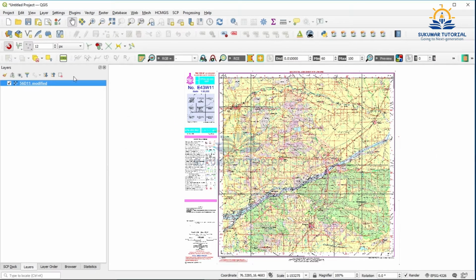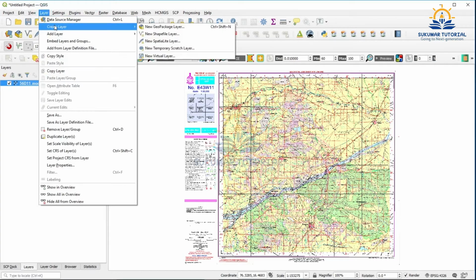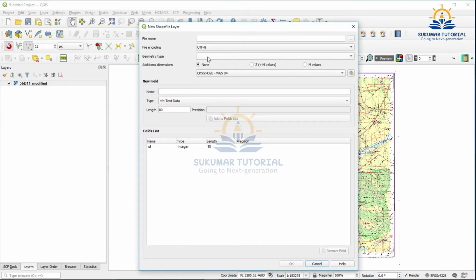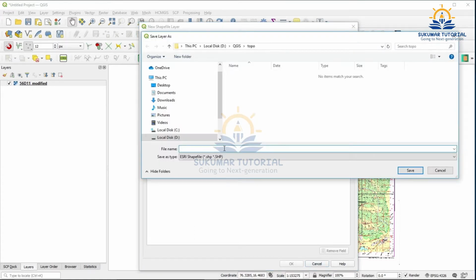Then you have to open a new layer. Go to layer, create a layer, then new shapefile layer. Click it. It is asking the directory, folder and file name. So you go to browser and I am typing land use.